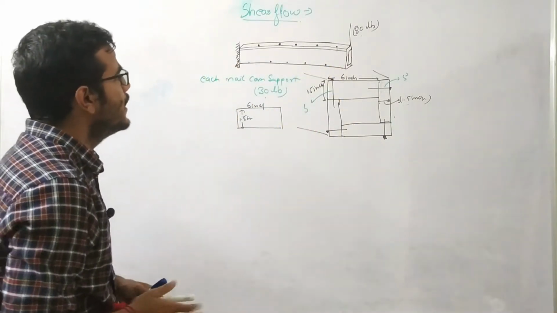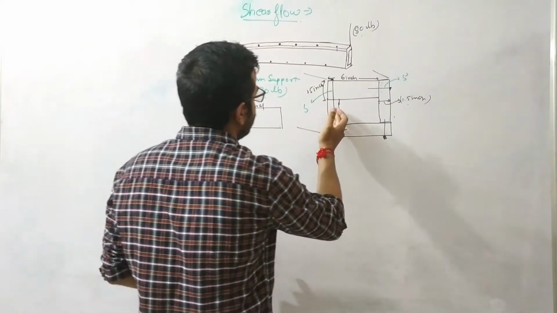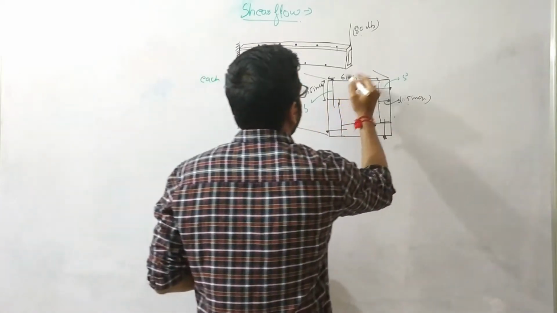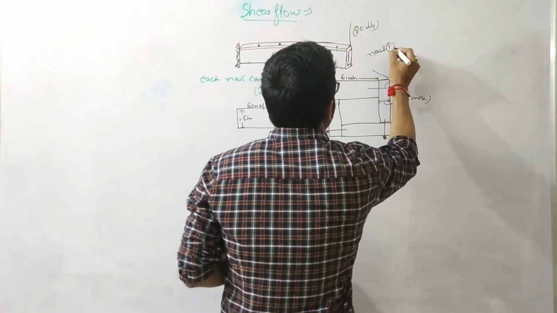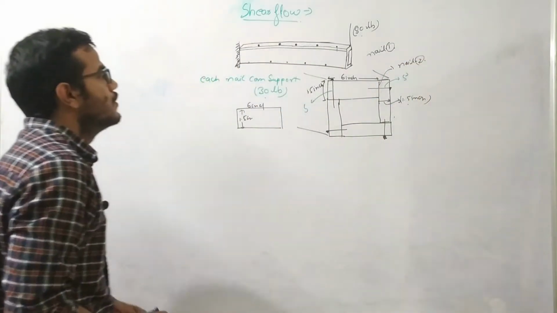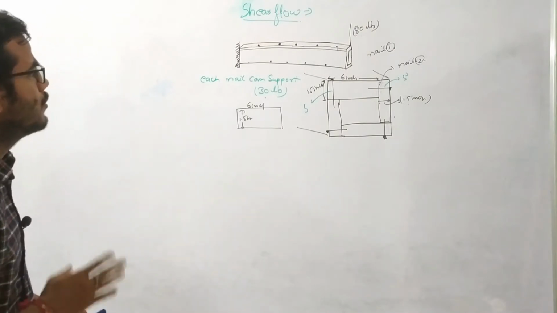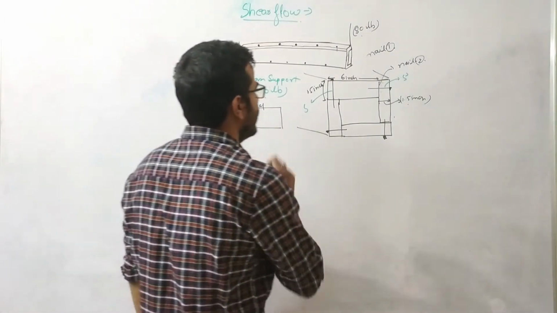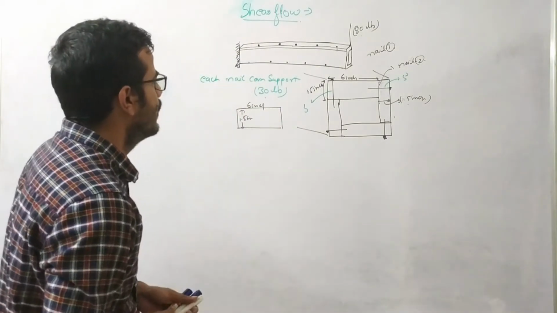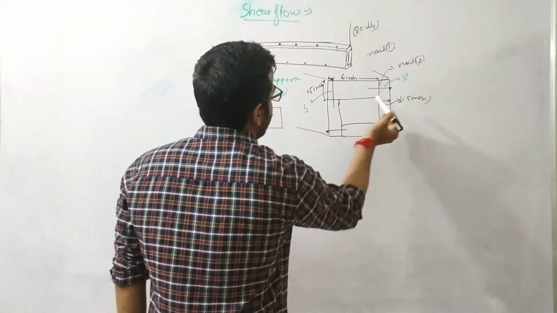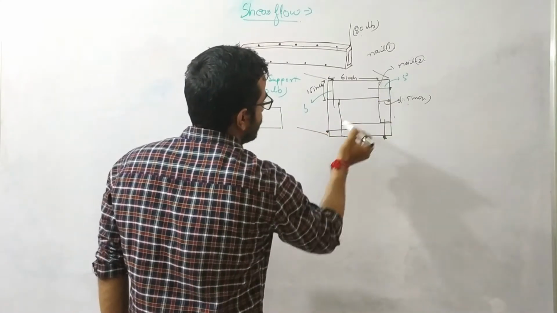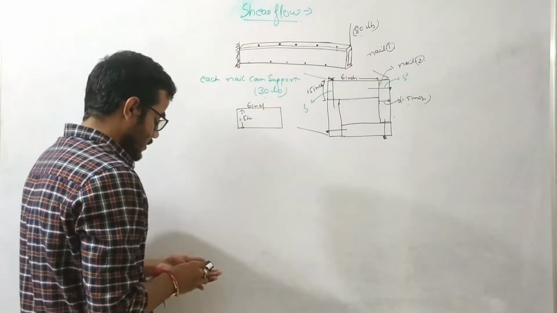So what I need to calculate in this problem is the spacing of this nail, which we can denote by nail 1, and the spacing of nail 2. This problem is a little bit different from the one we discussed previously. Here I'll have a different spacing for this nail and a different spacing for that nail. For these two nails the spacing will be the same, and for these two nails the spacing will be the same.